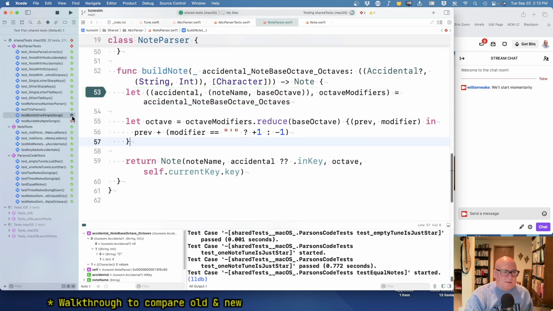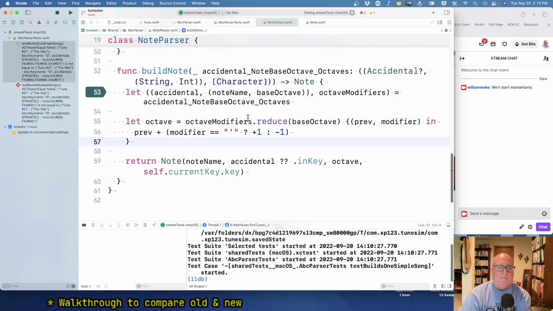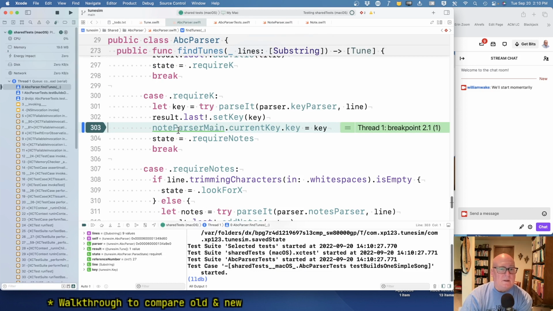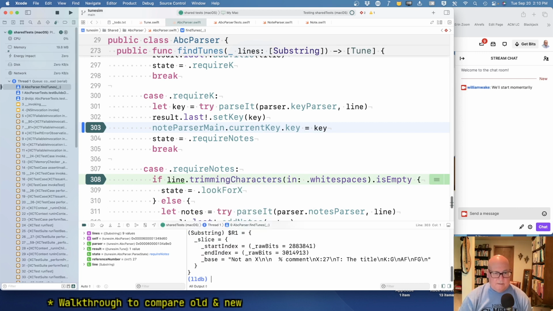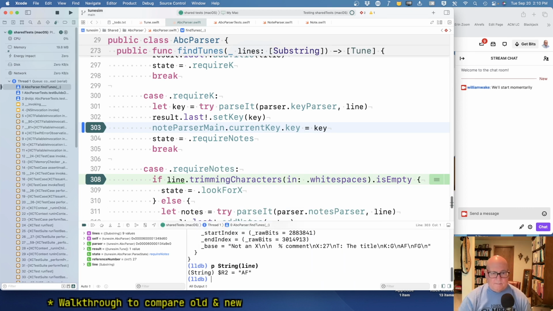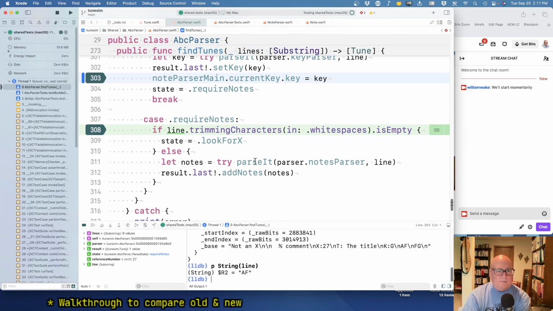Okay, let's run this one again. Okay, here we are in the K. Let's print note parser main dot current key of C. Okay, and then let's stop here. Okay, and the line is, well, print string of line AF. Okay. Now we're going to do parse it